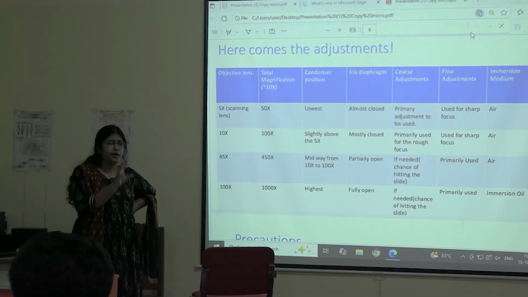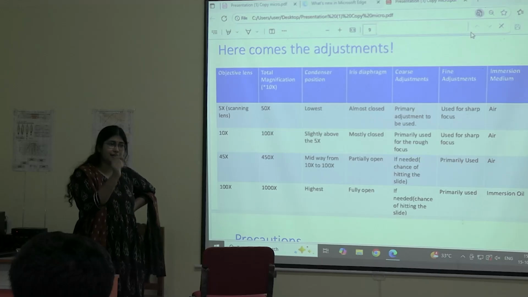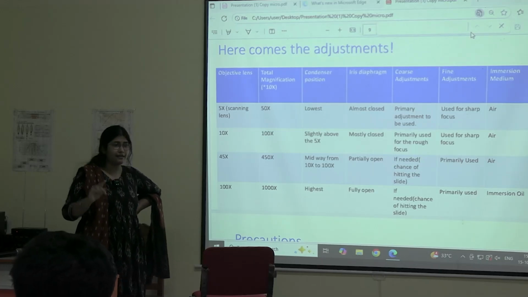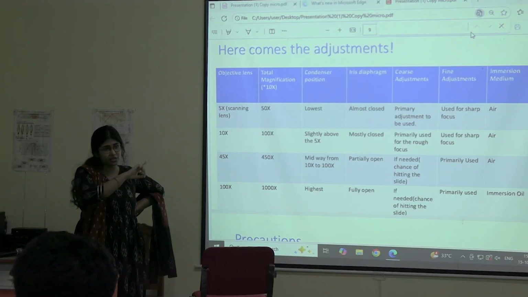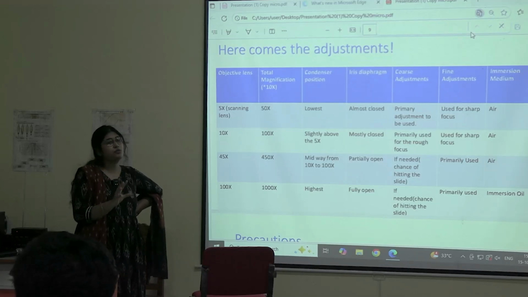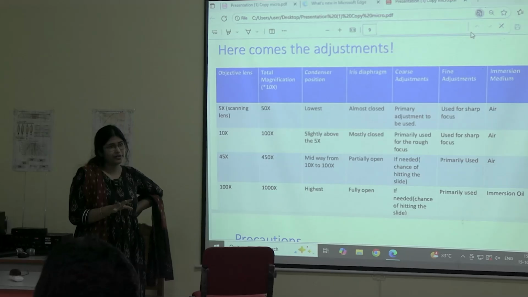Very simple. We use oil in 100x because that particular oil has a refractive index like that of glass, so that the light completely passes through the eyepiece and reaches your eyes, and there is no deviation of rays. That is why we use the oil, in simple terms. Can you remember it? Do you understand?